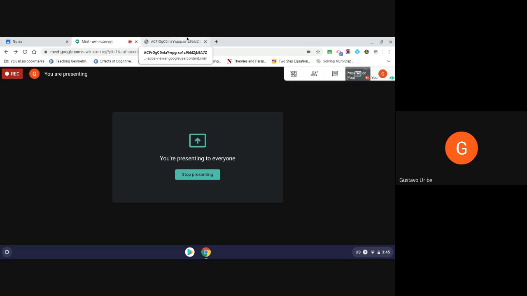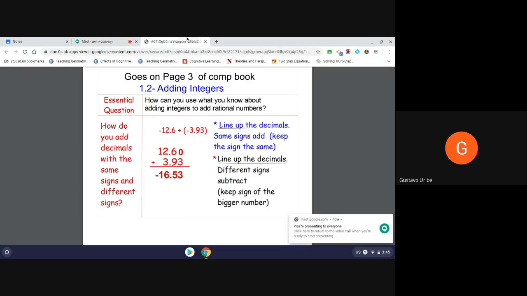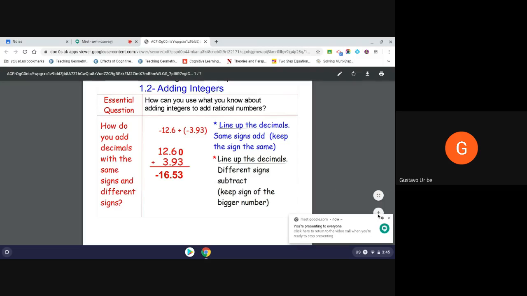Hello, everyone. Today we are going to take a look at chapter 1.2, which is titled Adding Integers. Our essential question for today is how can you use what you know about adding integers to add rational numbers? And then our question in the left-hand column is how do you add decimals with the same signs and different